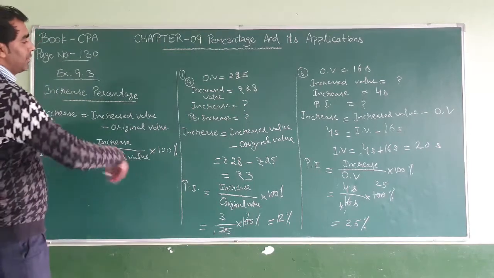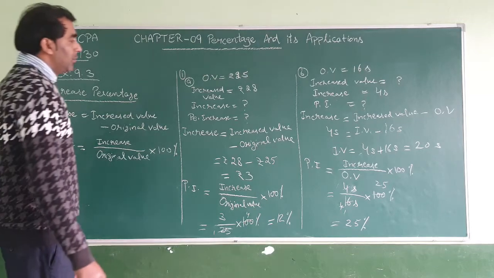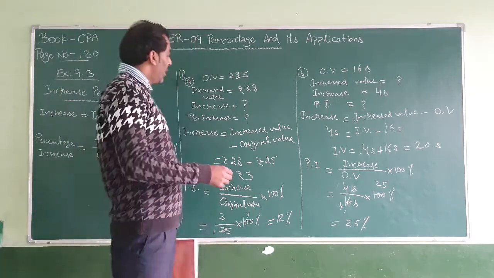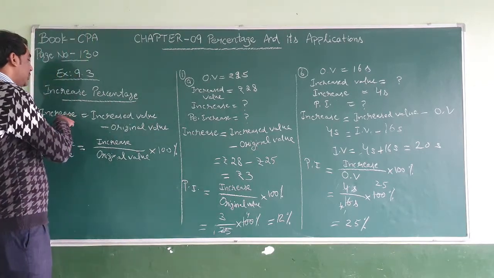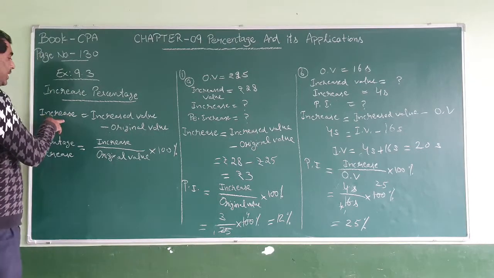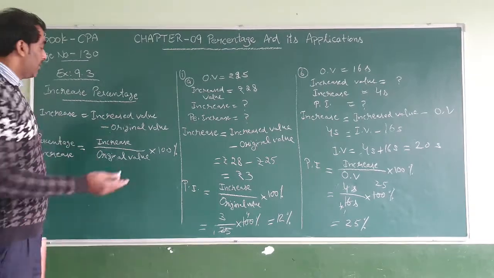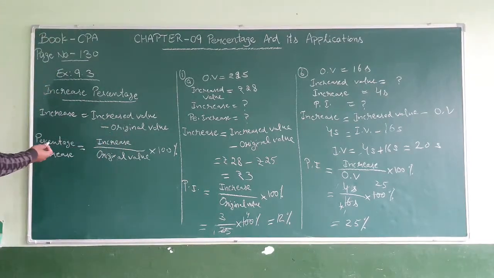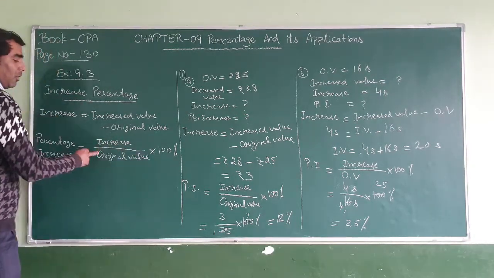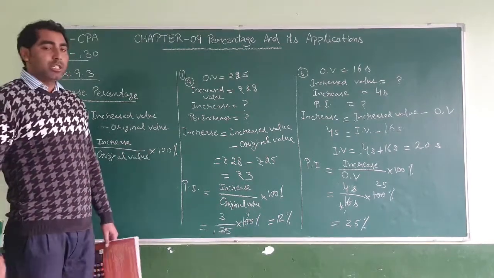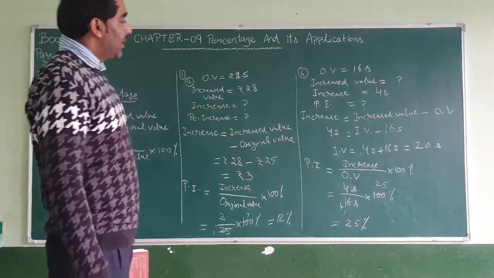Okay बच्चे, so these are the questions of exercise 9.3, question number 1. We have two values, then we will find two other values using the formula. Percentage increase: increase means increased value minus original value. Increase and increased values are different. Then percentage increase is equal to increase, not increased value, just increase upon original value multiply 100 percentage. I hope you have understood the first questions. Thank you. Have a nice day.